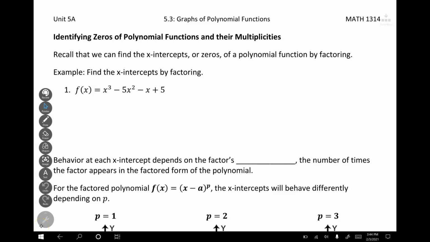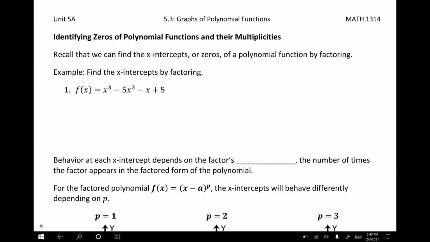All right, this is 5.3, part 1. We're going to be looking at graphs of polynomial functions. So we've already learned a few things about polynomial functions in 5.2. We talked about how you can find the x and y intercepts. We talked about turning points, and how the turning points determine what the degree of the polynomial might be. So for example, if there are 3 turning points, then the degree is at least 4. We also talked about